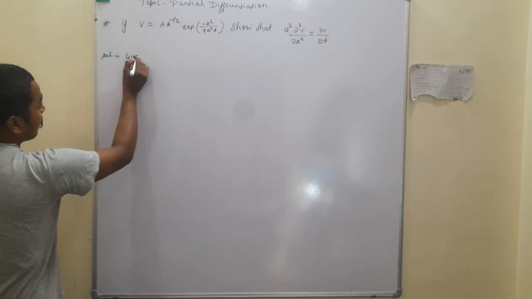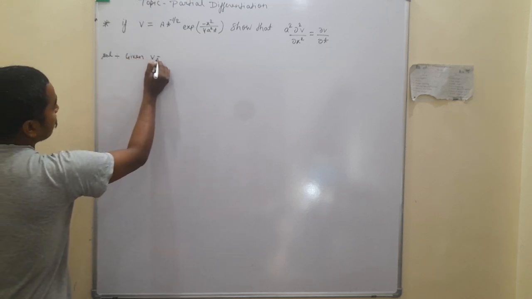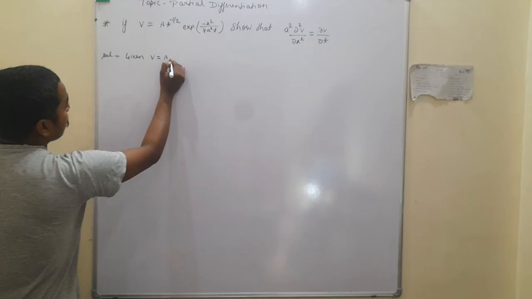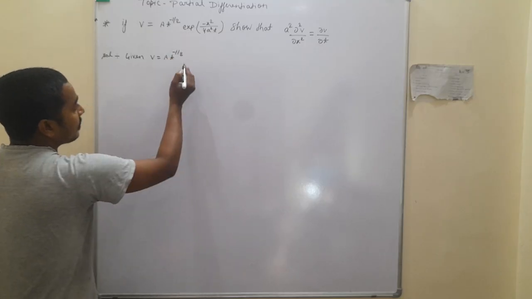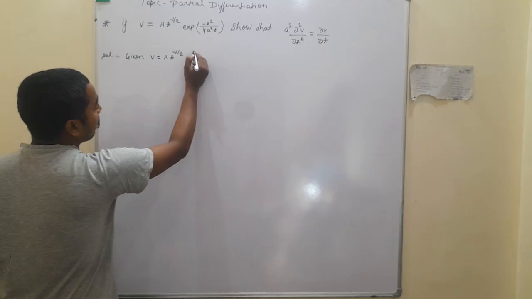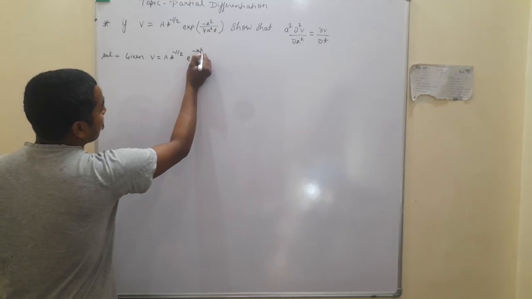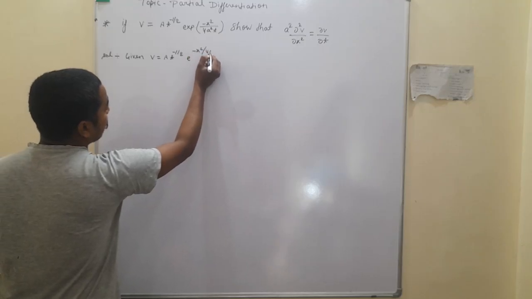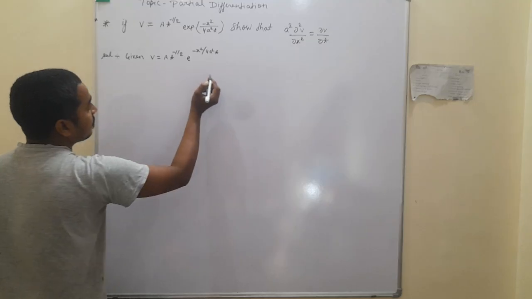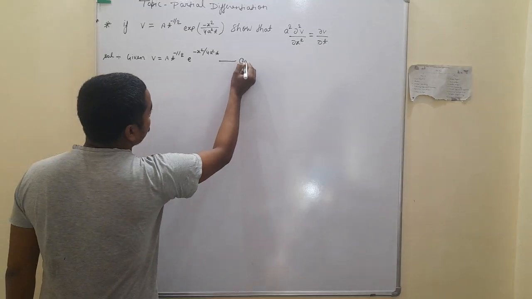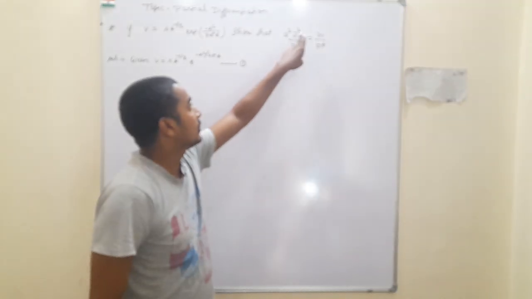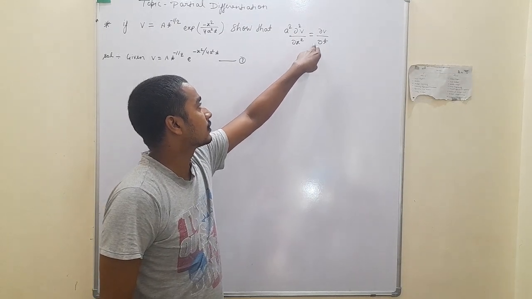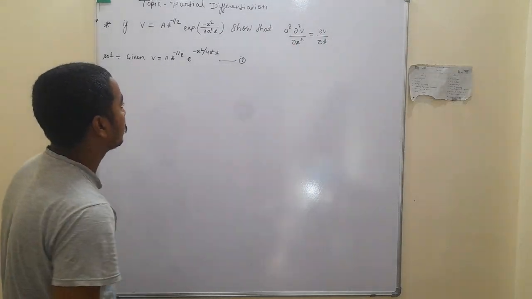Given v is equal to a into t to the power of minus 1 by 2, and here the exponent is written as e to the power of minus x square upon 4a square into t. Let this be equation 1, and we have to show that a square into del 2v upon del x square is equal to del v upon del t. So